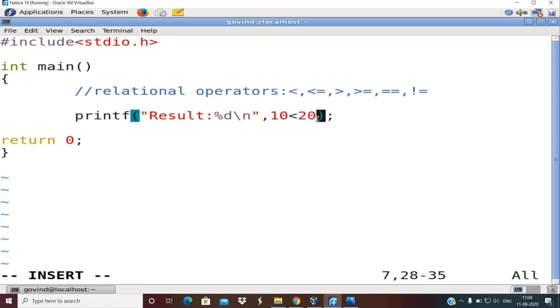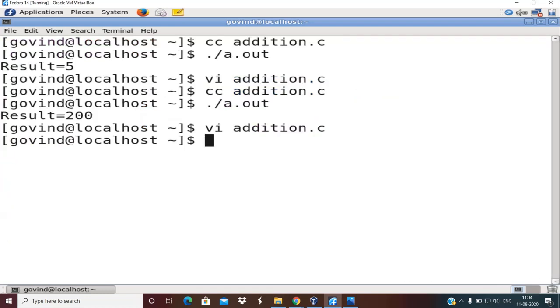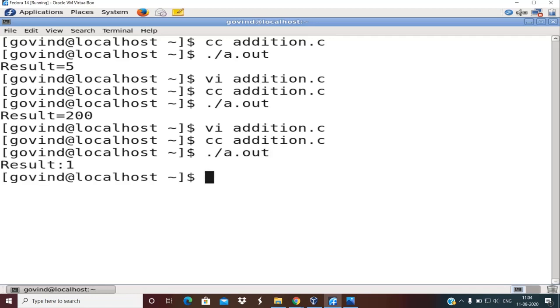How it is interpreted in C is what we are going to see with this program demonstration. So I'm now going to compile this and run it. Of course, the name of this should not be addition, but you just need to excuse me for this. I don't want to change the name and write a new program for that. So I'll clear the screen again, run it.